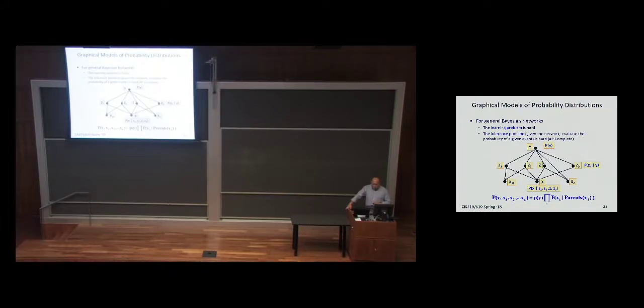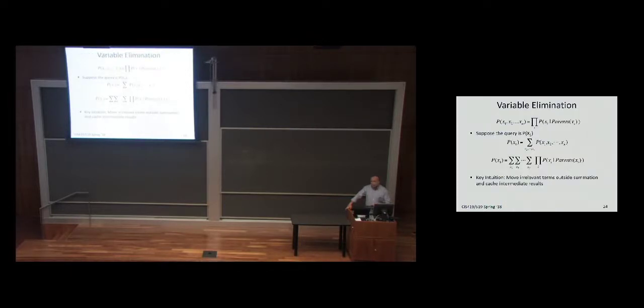There are really two ways to think about inference in the general case. One of them is exact inference. There are multiple algorithms. All of them kind of resort to what is called variable elimination. And I'm going to give just a hint. So what is variable elimination? This is what I want to compute. I want to compute the joint p of x1 up to xn, say, and I know that I can write it as the product of p of xi given the parents.